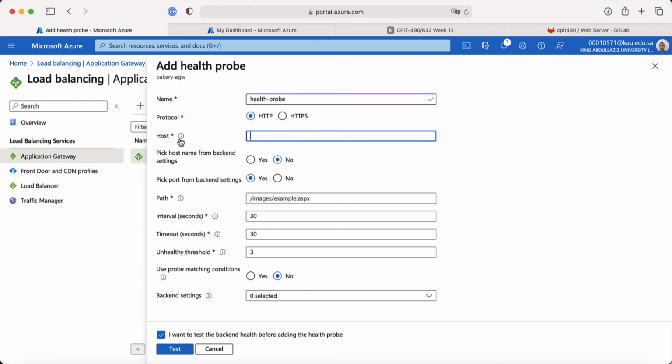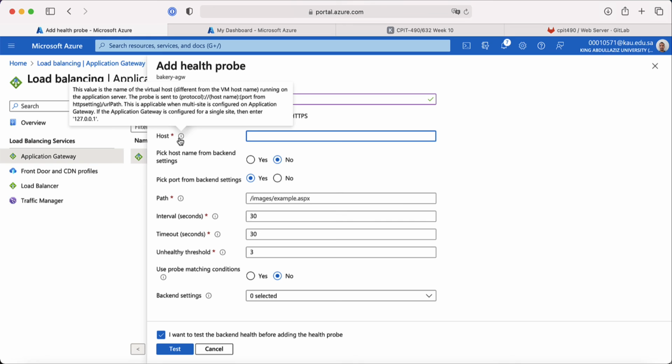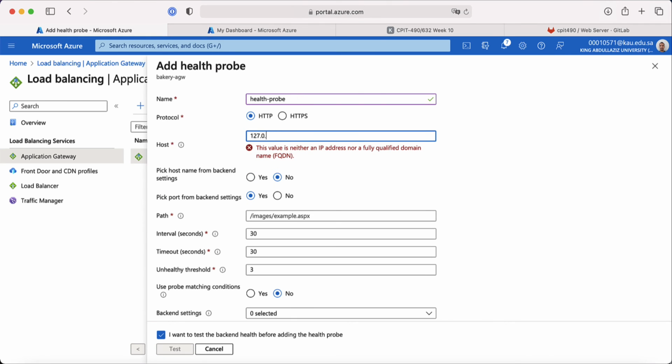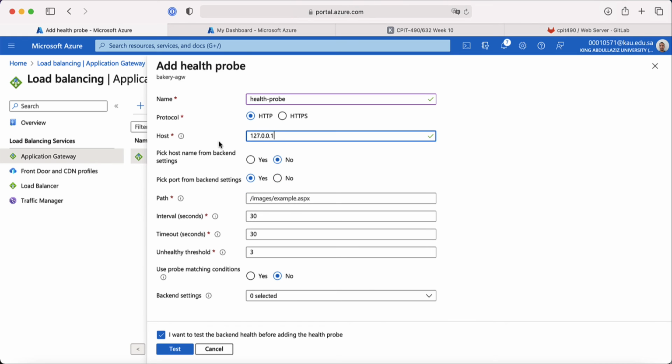The host is, so this is the host that we're going to use. Since the application gateway is configured on a single site, we're not using a multi-host, we need to select 127.0.0.1, right? So 127.0.0.1 localhost. Pick host name from backend setting. No, pick from backend settings, yes. Now the path that we need to send the health, so the path is root health,